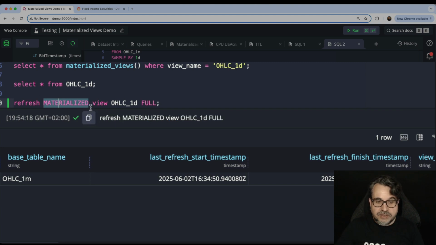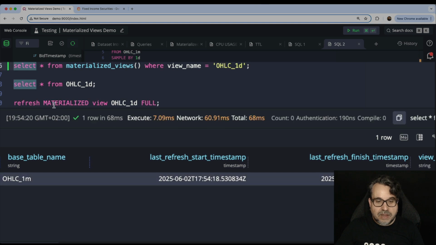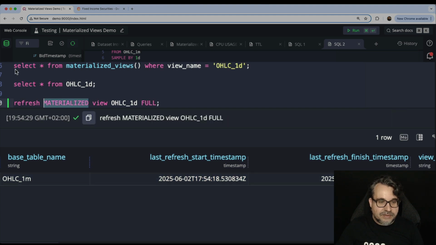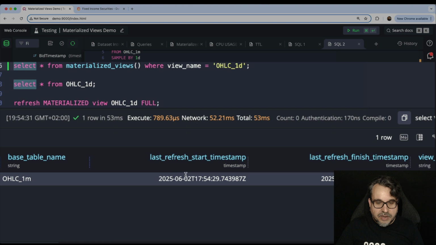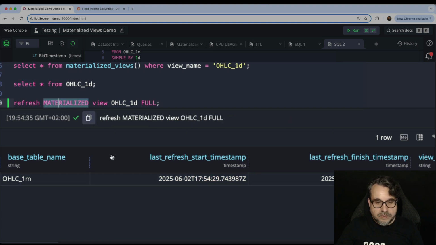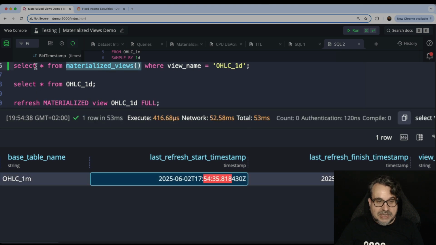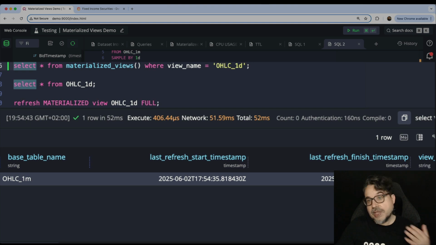So when you refresh, if I check now the timestamp, you can see now is 5:54 UTC. If I refresh again, now it's 5:54 and 29 seconds. Refresh again, and you see it's changing. But if I don't refresh manually, it will refresh only once every hour.